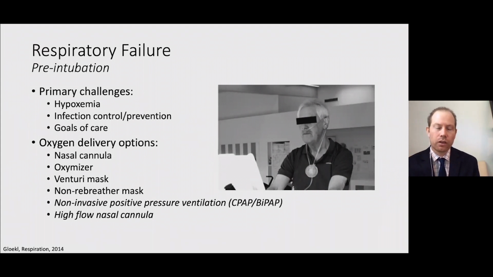So we'll spend a large portion of the talk today talking about respiratory failure, in part because, as we mentioned, respiratory failure is the way that many of these patients die, and it's the primary challenge that we face when we take care of COVID-19 patients in the ICU. The primary type of respiratory failure that we deal with in these patients is hypoxemic. To some extent, we may see hypercarbia, but it's largely hypoxemic. And our challenges in managing respiratory failure are similar to other patients, with the added challenge of infection control and prevention, as we'll talk about in just a moment.